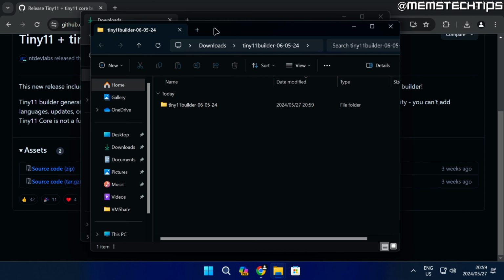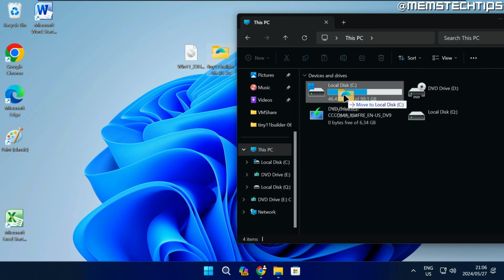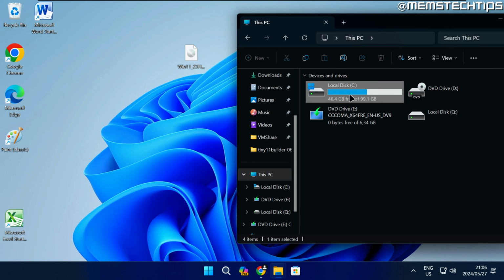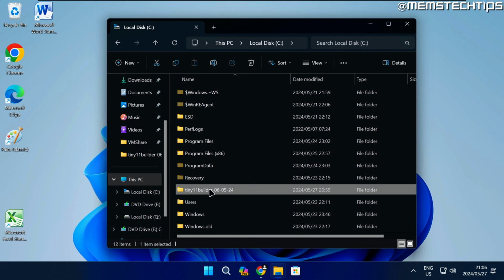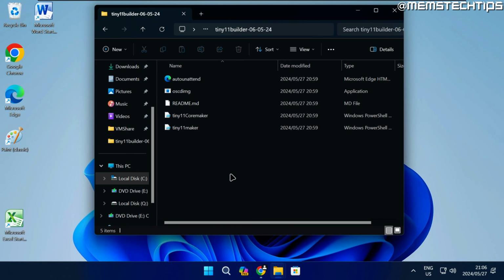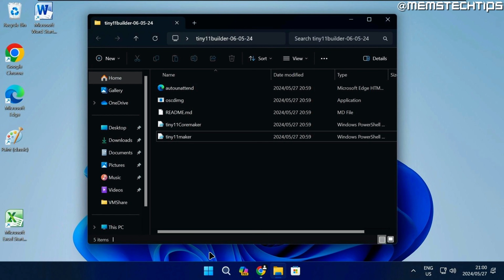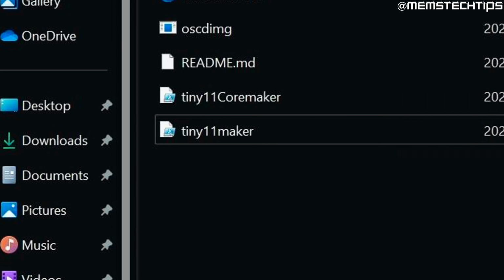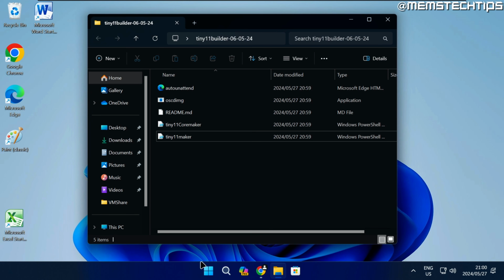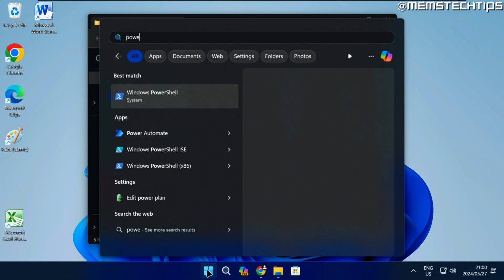Now, once the extraction is complete, I recommend moving this Tiny11 Builder folder to your C drive. I had some issues while recording this video when I had it saved on the desktop, so to be safe, just save it on the C drive. If you open this folder, you'll find a few files, and the one that we're interested in is the Tiny11 Maker script. But before you run it, first do a search for PowerShell on your computer, and then run it